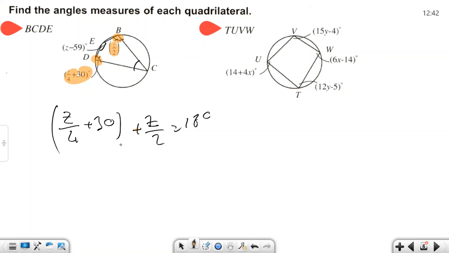So to add these two fractions, I need to enlarge this one by 2. 2 times z is 2z, 3z over 4 plus 30 equal 180. And if I solve this equation, I